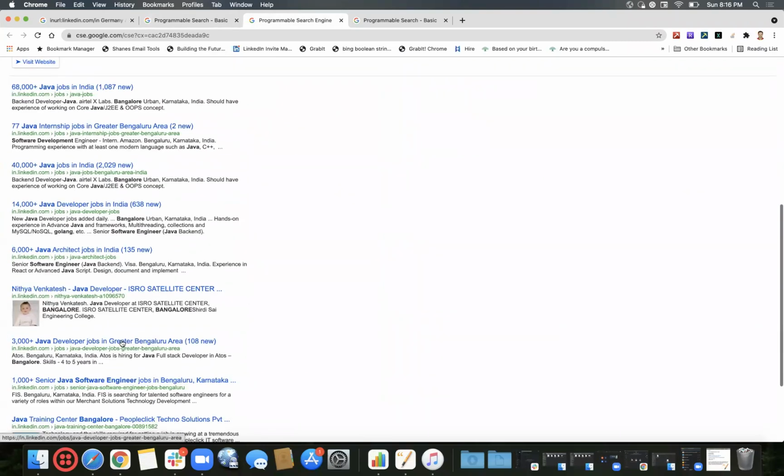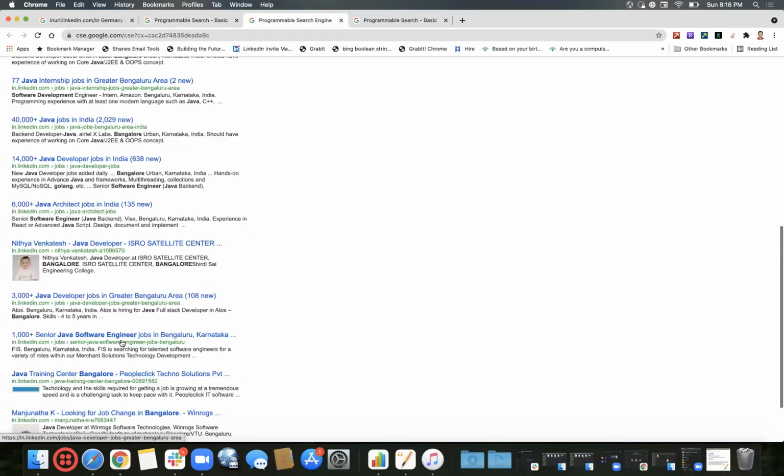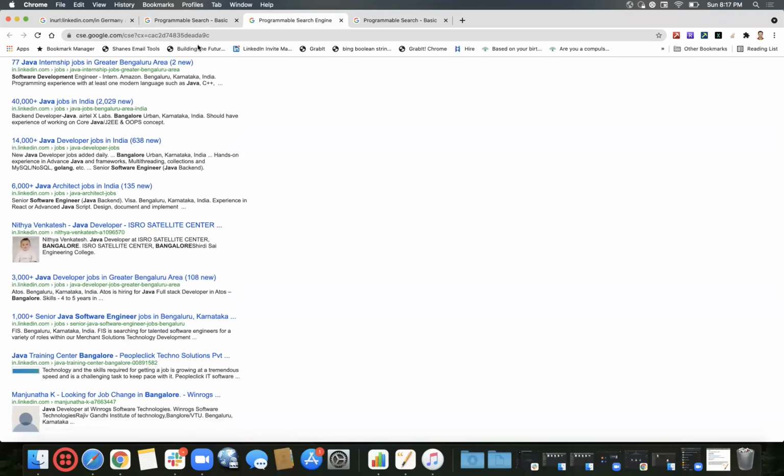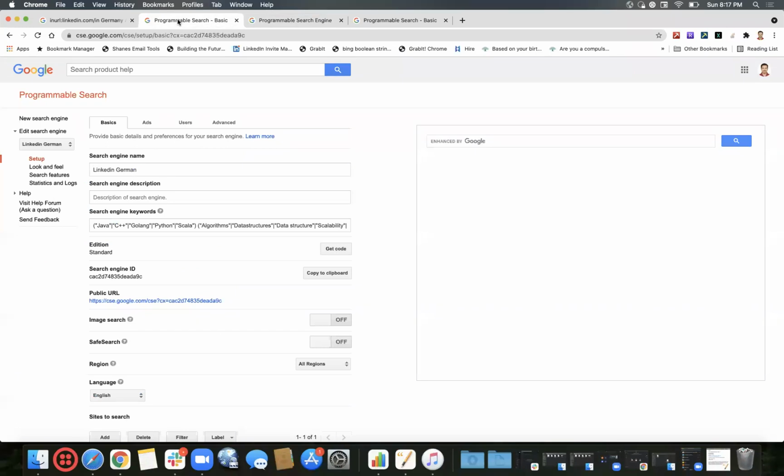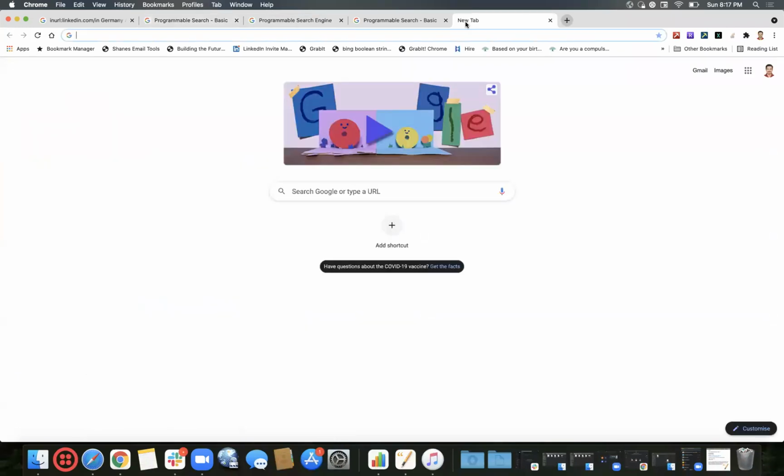Now we see we have job results, individual profile results, and various other results. To fine tune it further, we know what the URL pattern of LinkedIn individual profiles looks like.